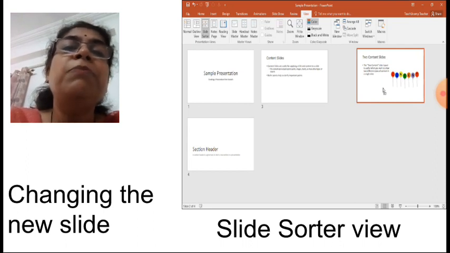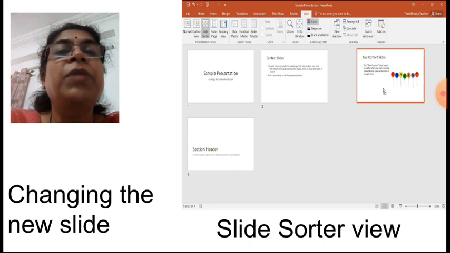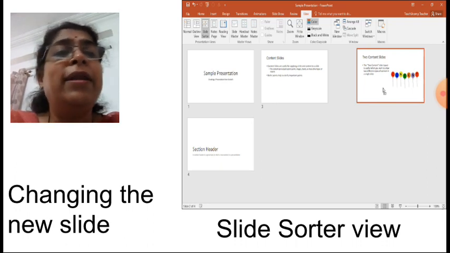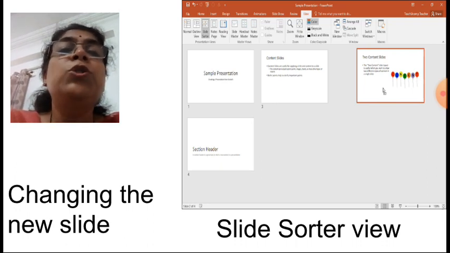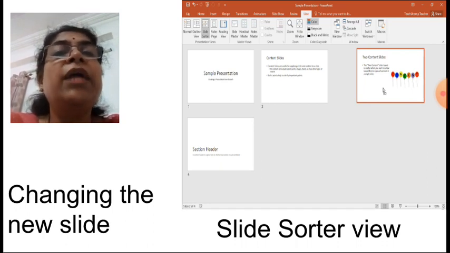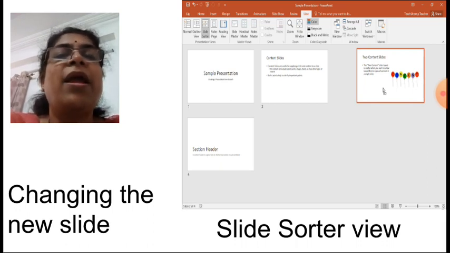Now suppose you have inserted the slide and afterwards you thought that you want to change the layout. Actually I don't want two contents, I want a title and subtitle slide only. So how to change the layout of the new slide which you have inserted? For that, you can change the slide layout through two views.